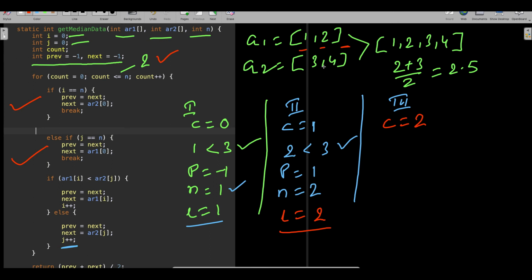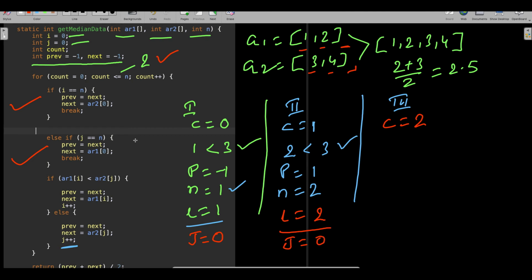Even in array 2, you have only index 0 and index 1; there is nothing called index 2. Since J did not change, we are still on the safer side, because J is still 0 as per our logic. Here I became 1, but J was still 0, because we did not go inside. Here also J was 0, and in the beginning also J was 0, right? Now that is the one condition.